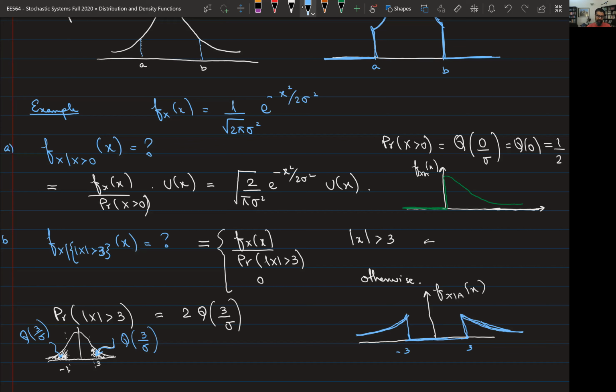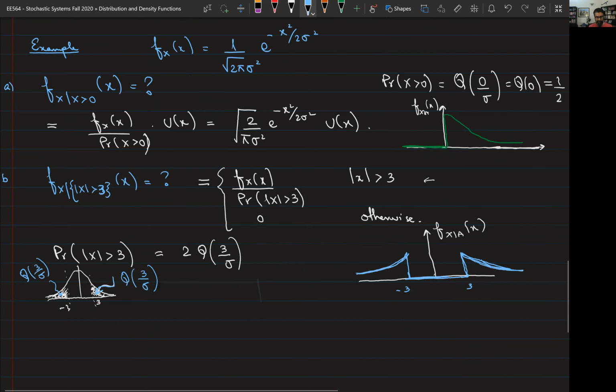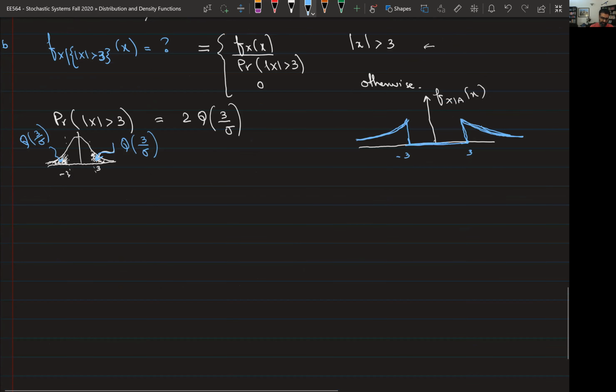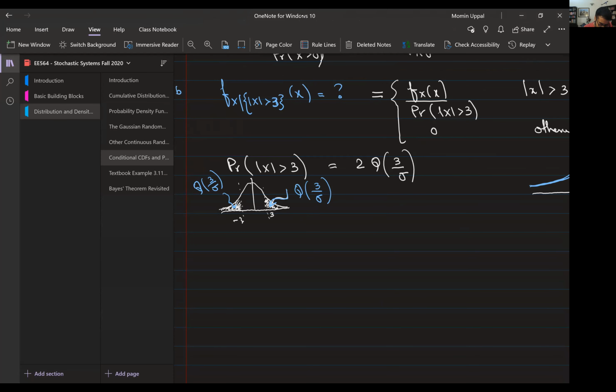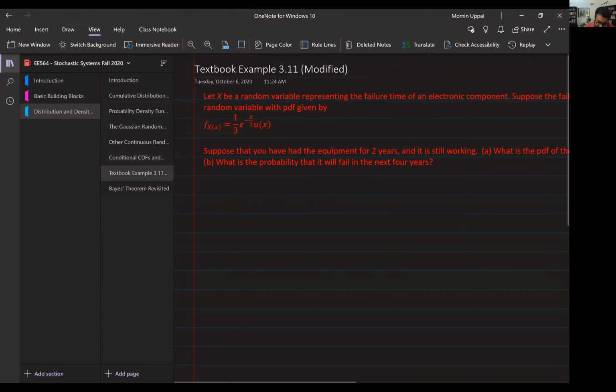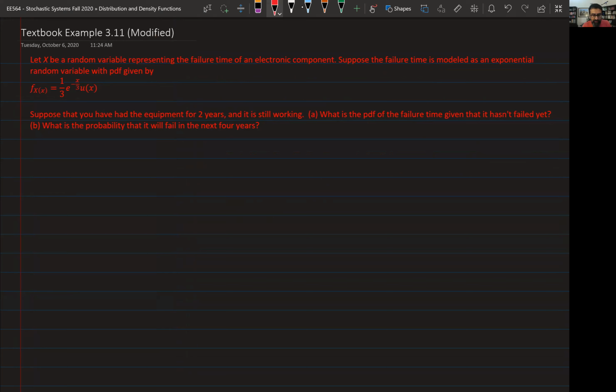Okay. Any questions here? Right. So there's one thing I want to say. Actually, let me go back and talk about one example. Let's do this. This is actually from the textbook, slightly modified from the textbook, which is